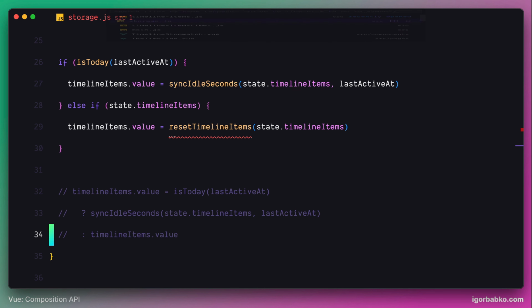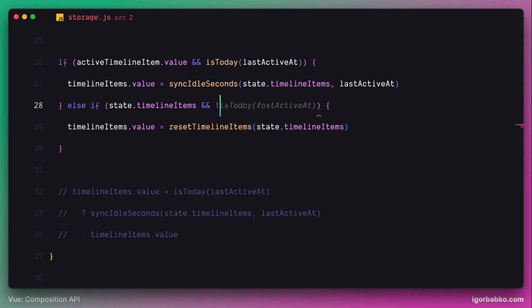I'm not going to stop at this logic in here, because this was implemented and explained in detail in the previous lessons. So here we're just adding the new function resetTimelineItems to be able to reset tracked time instead of resetting assigned activities to timeline item objects. And by the way, we're going to call the resetTimelineItems function only when we open up the application another day, not on the same day when we last had this application open, which we can ensure by calling the isToday function